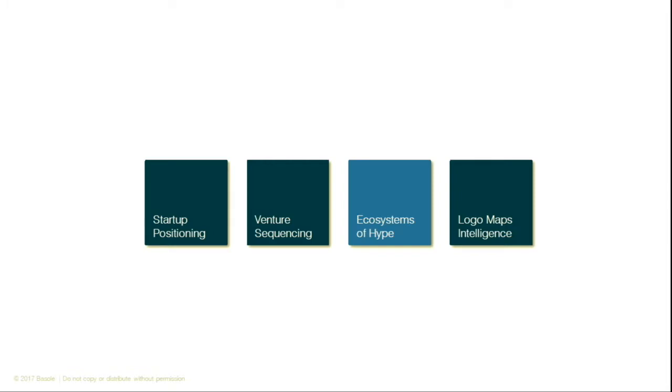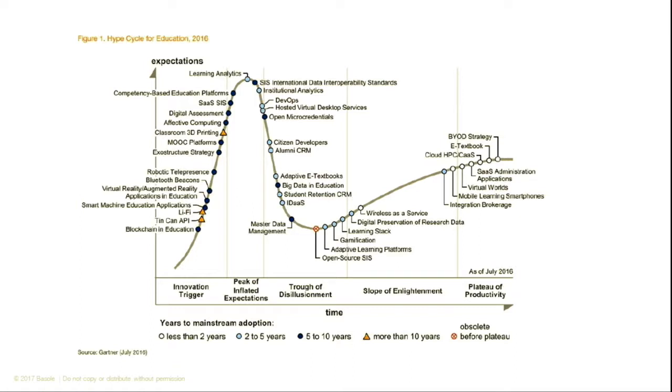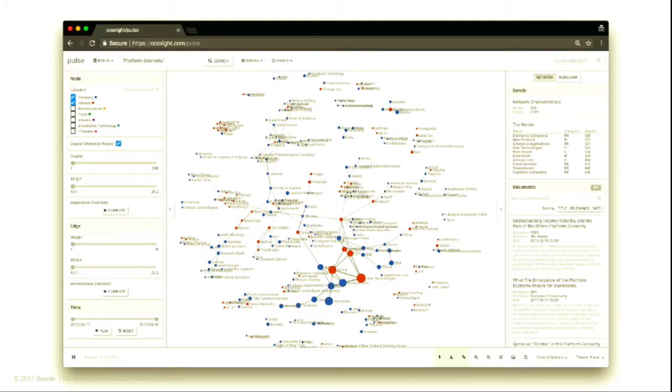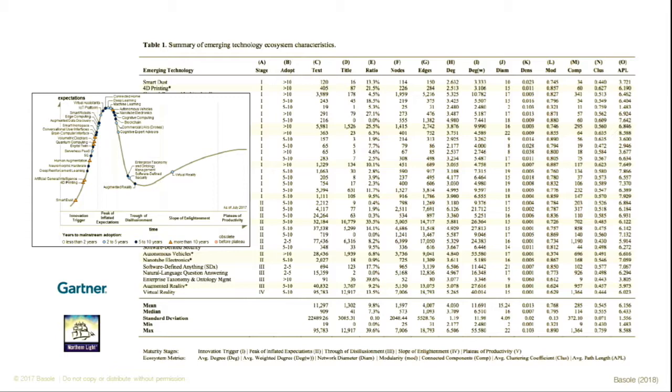A next study that we did was on ecosystems of hype. Gartner is very famous for the hype cycles that they release. And if you understand, there are these multiple phases of how technologies get triggered. So you have maybe one that starts at the innovation trigger, goes to the peak of inflated expectations, and so on. And then what we ultimately did is said, okay, can we now map what